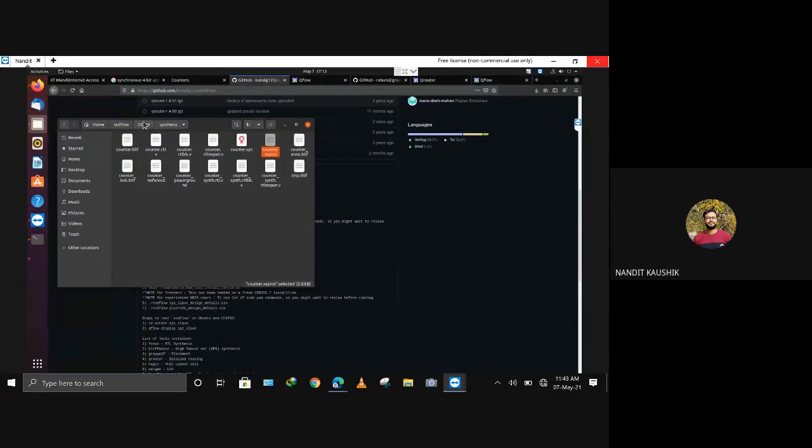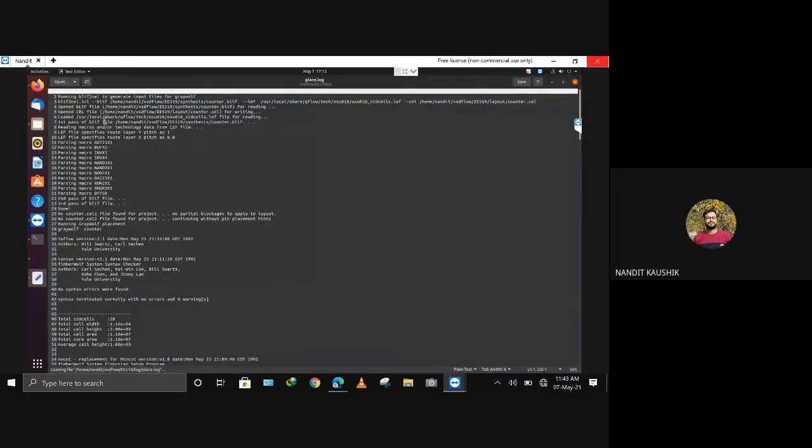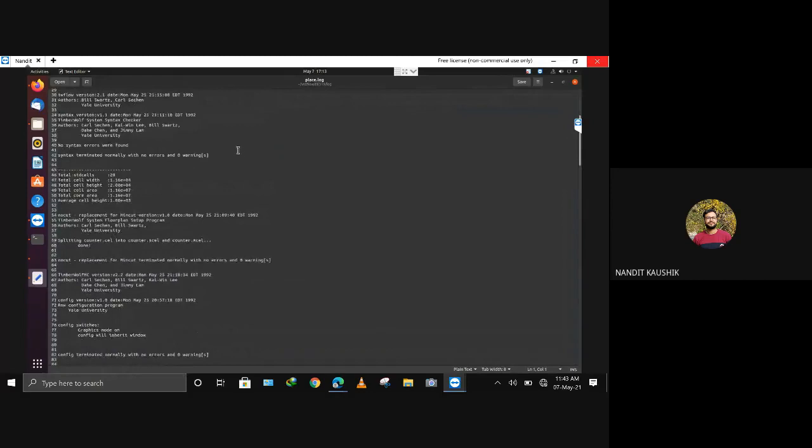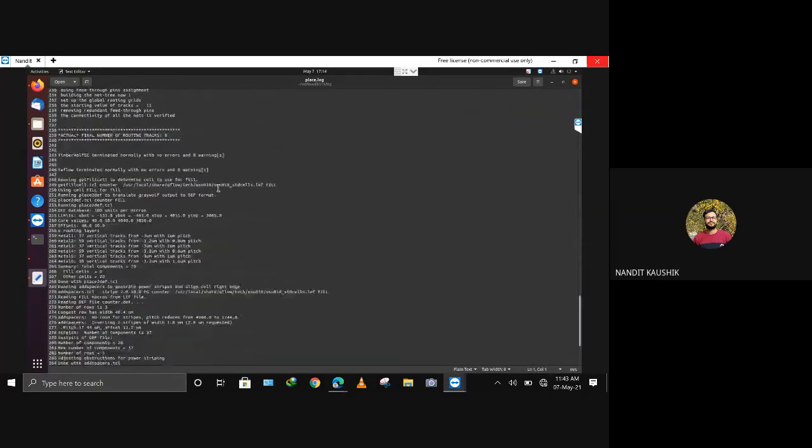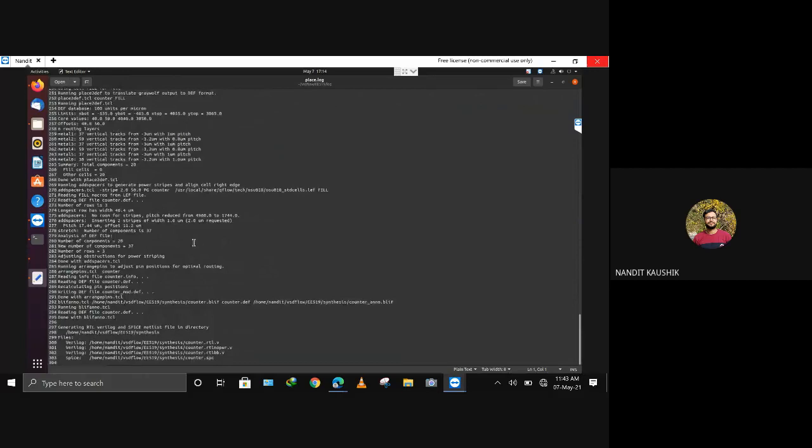here, you can see log place.log. Now it will tell you the output file, the bleaf it has taken, and you can see the Grey Wolf tool has been invoked here. Now you can see the total standard cells are 20, and the width, height, area, all those things you can see here. So this is the log file of the placement tool. And lastly, you can see the number of components, what the def file is, all these things here.